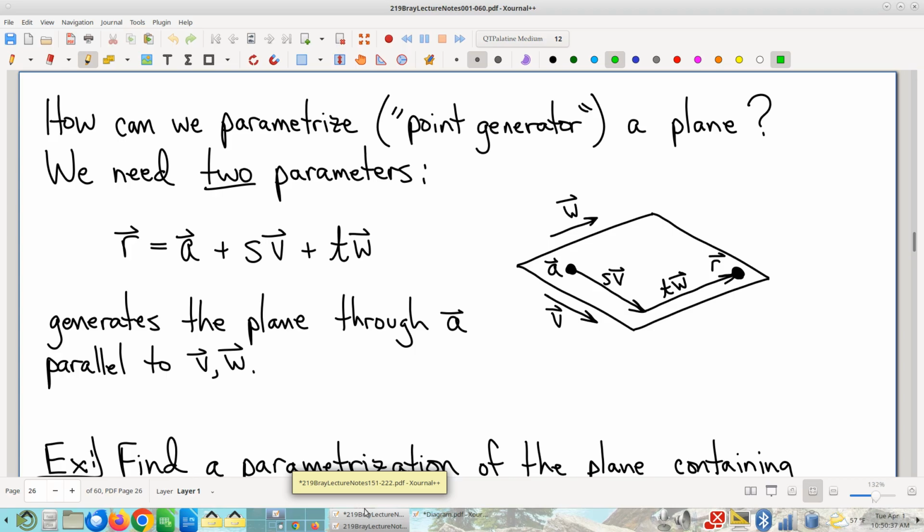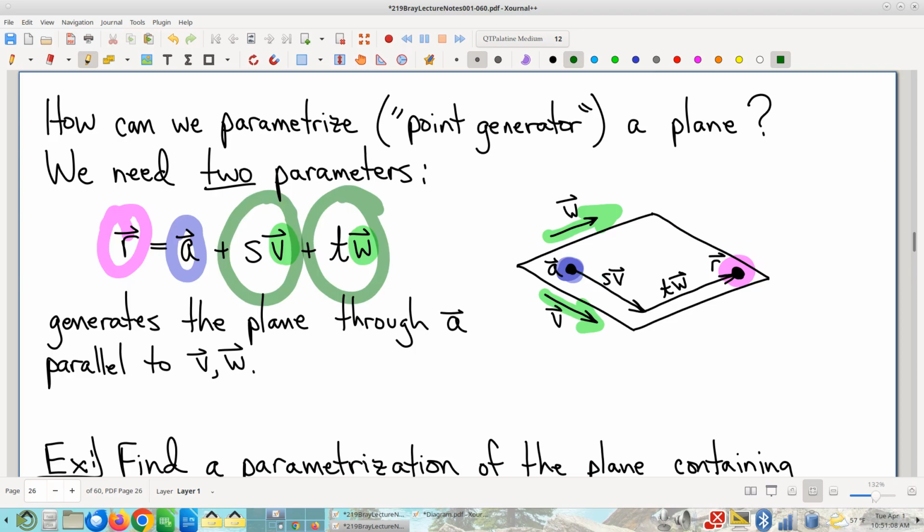The big idea is that if you want to generate points on the plane, pick some starting point that is known to be in the plane, have a couple of vectors that you know to be parallel to the plane, and then, let me use dark green, you have the ability to just pick different scalar multiples of those parallel vectors,